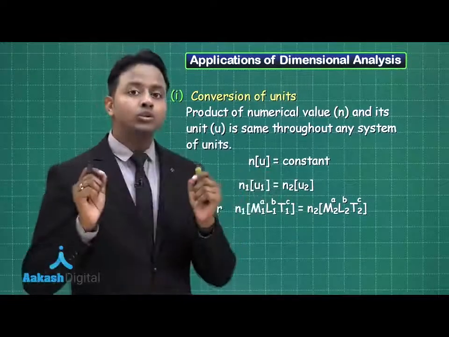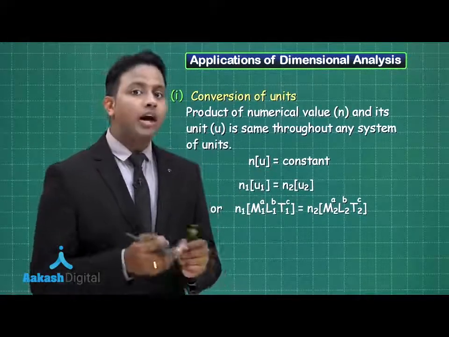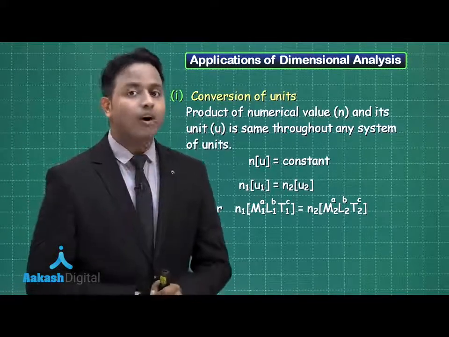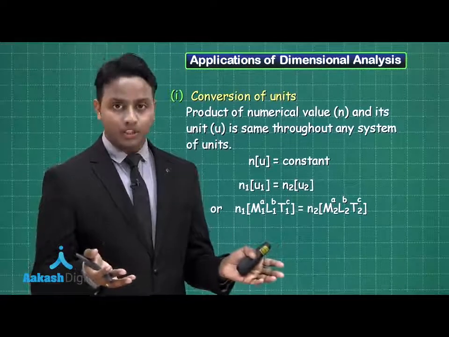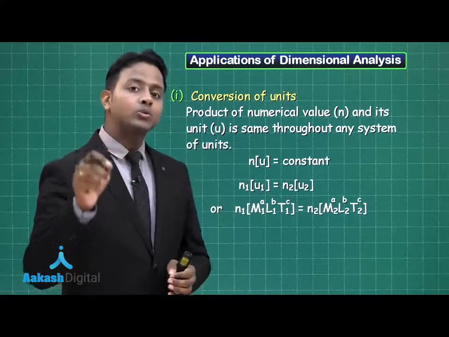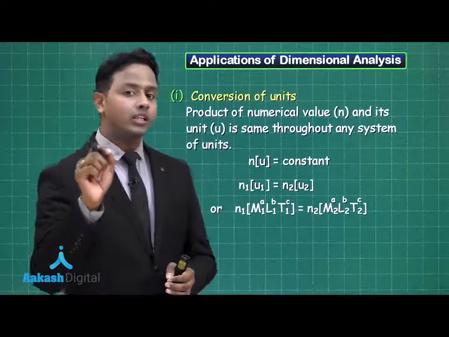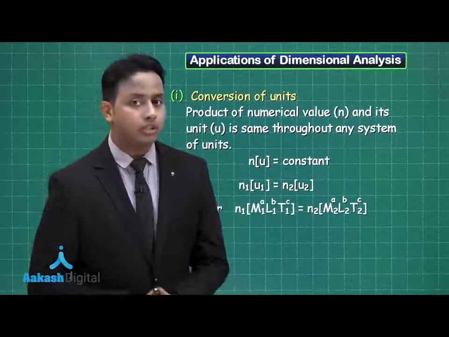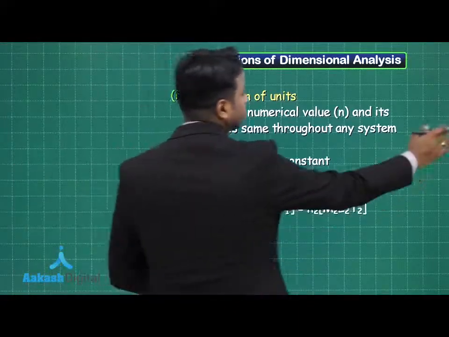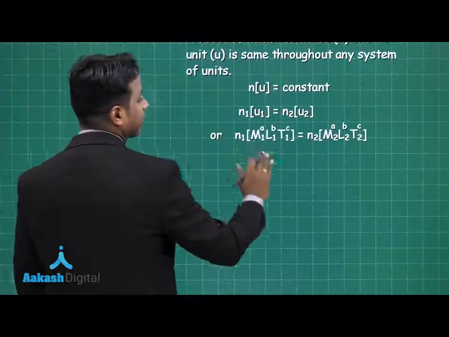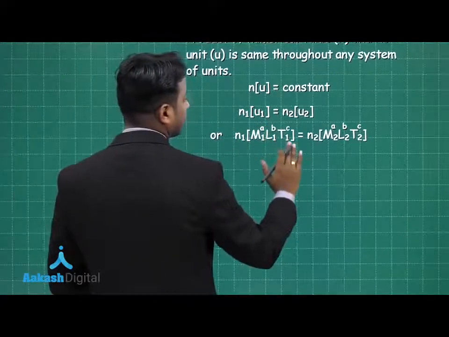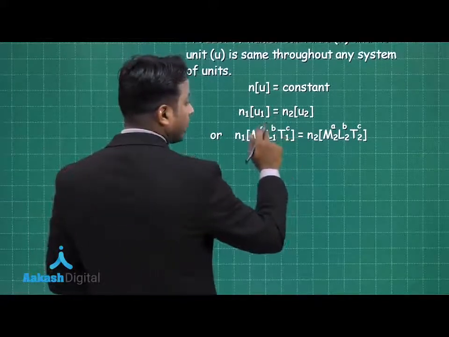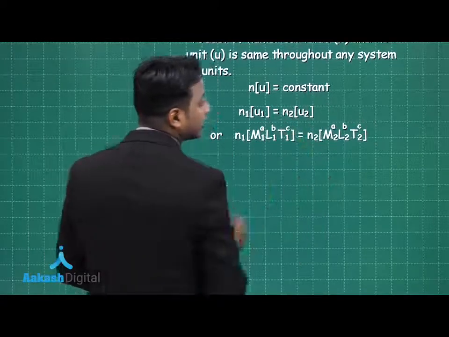Now the most important part that I need to tell you: while you are transitioning from one system of units to another, the dimensions of the physical quantities are not going to change, because dimension defines which physical quantity it is. So the physical nature of that quantity is not hidden by the change of system of units. Here unit 1 can be written as m1 to the power a, l1 to the power b, t1 to the power c, because it has a different unit system, but the powers a, b and c remain the same in another system as well.